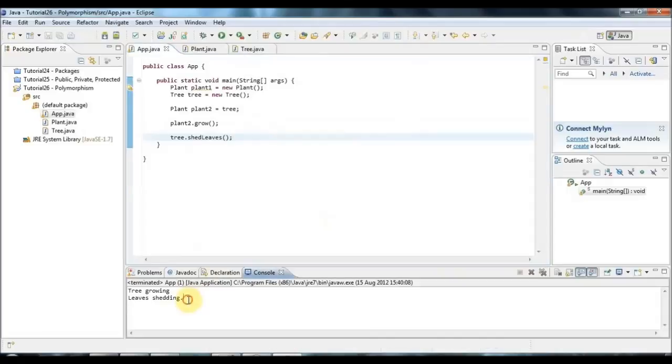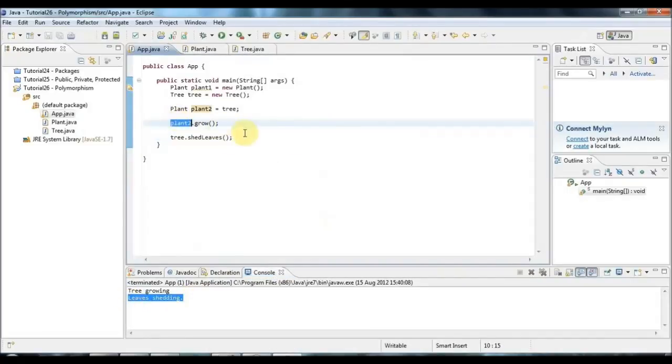So it says leaf shedding, but now we know that plant 2 is also a tree, but if I look at plant 2 and I try to do shed leaves, I'm going to get an error, and in fact the